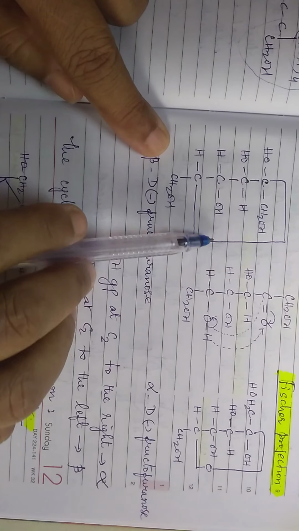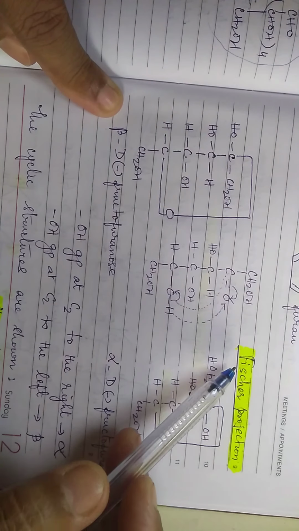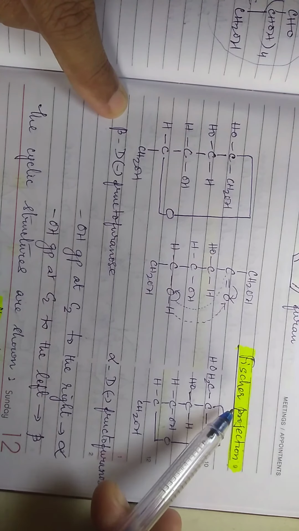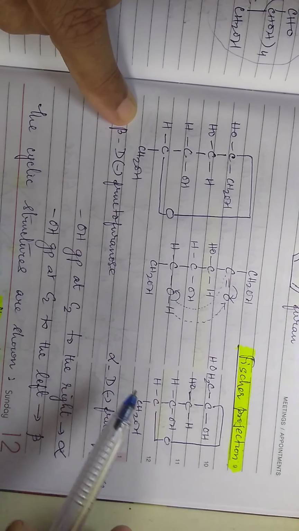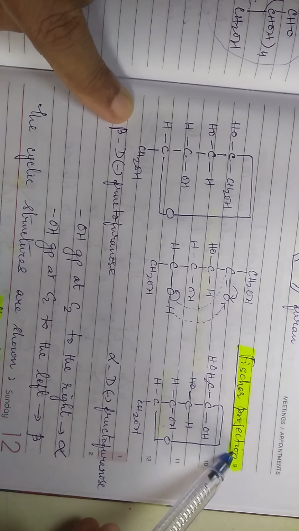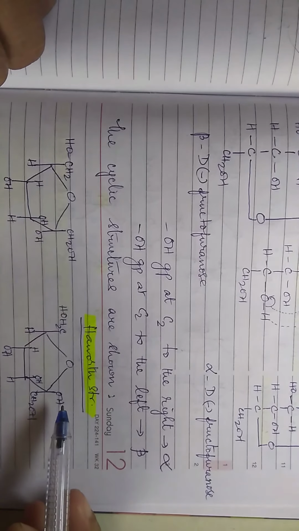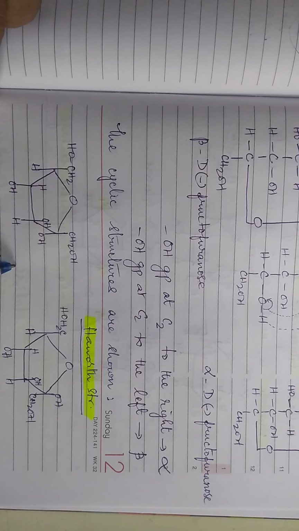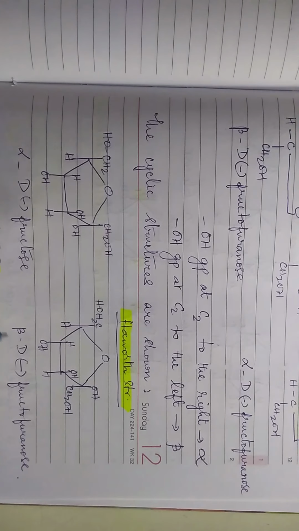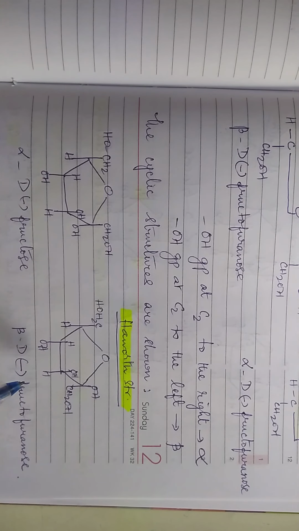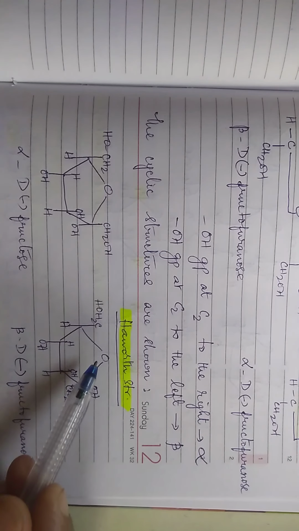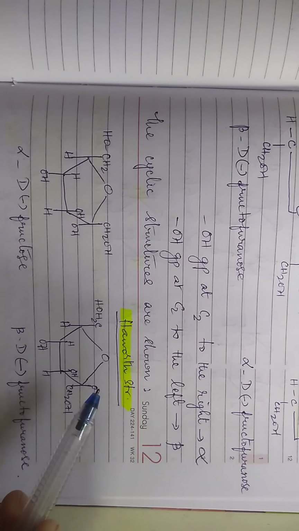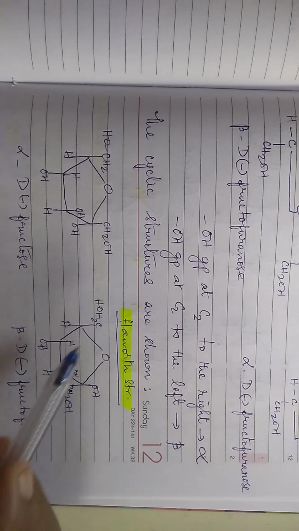Now these are open chain structures, and this is also called the Fischer projection formula. It was developed by the scientist named Fischer. So you call these kinds of open chain structures Fischer projection formulas. And the ring structure was given by the scientist named Haworth, so you call them Haworth structures. Now in the case of Haworth structures, it is a 5-membered ring, right? 1, 2, 3, 4, 5. So there are a total of 5 members forming the ring, and 1 carbon here and 1 carbon here.